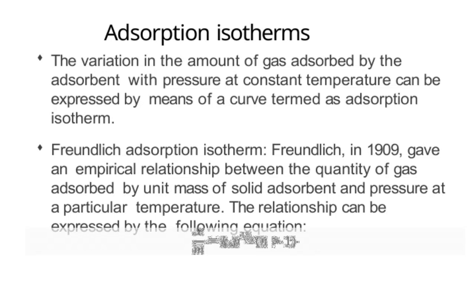Now, let's look at how the amount of gas adsorbed by an adsorbent varies with pressure at a constant temperature. This relationship is typically represented by a curve known as an adsorption isotherm. One important example of this is the Freundlich adsorption isotherm. Freundlich introduced this in 1909, and it's an empirical relationship, meaning it's based on observed data rather than derived from first principles. It relates the quantity of gas adsorbed per unit mass of solid to the pressure at a specific